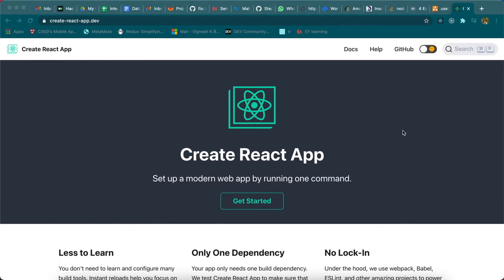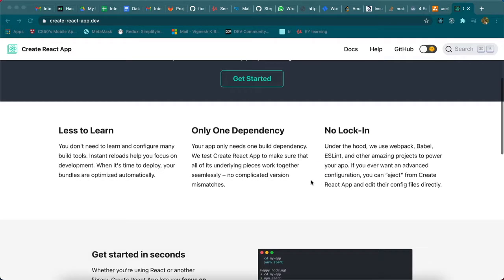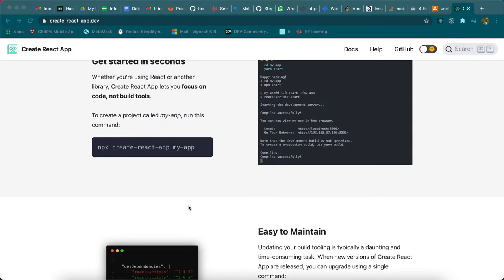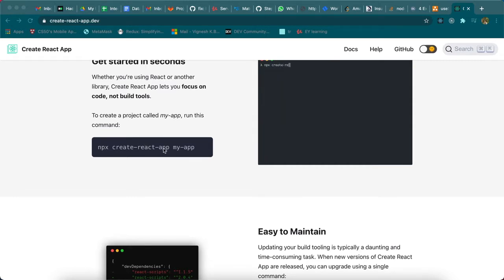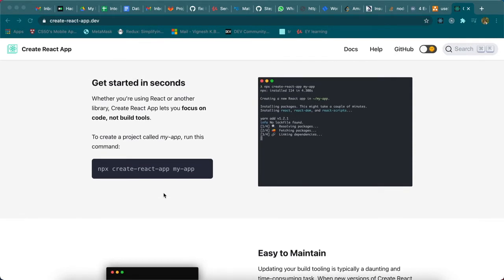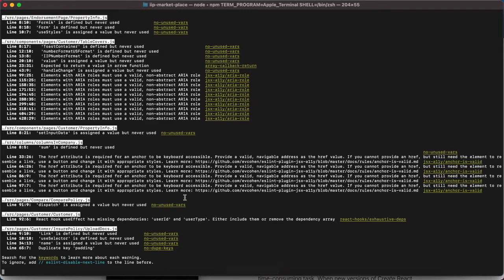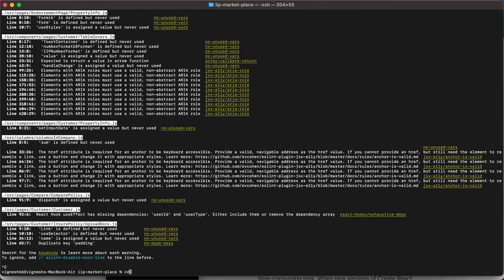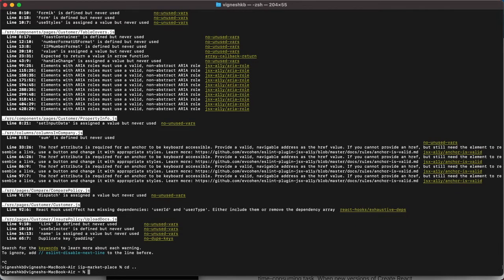Coming to the next thing, you have to install Create React App by doing npm install -g create-react-app. Once you are done with that, you can type the command which I am currently showing: npx create-react-app and the project name that you want to provide. You can name it whatever you want, and this will build your basic boilerplate.